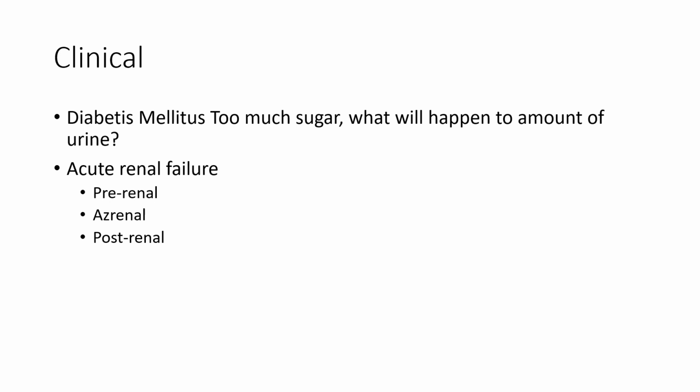Postrenal is after the kidneys, and usually this is caused by obstruction. The most common cause is benign prostatic hypertrophy, and what it does is it causes a blockage of the urethra, and so urine actually moves up and causes a backflow in the nephrons, and so you don't have the filtration you need. And so you again have the kidneys not working right. Intrarenal usually is occurring within the tubules themselves. And the problem with intrarenal is the longer it goes on, the more likely it is to go to chronic